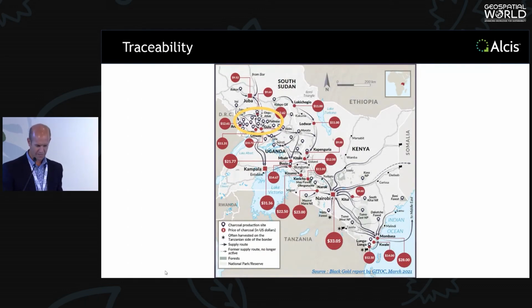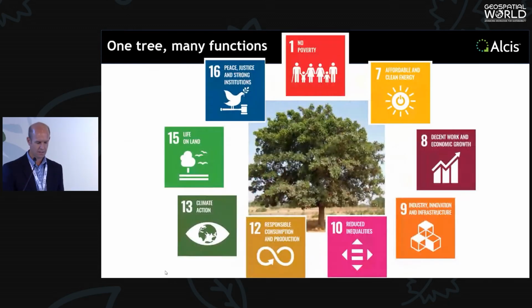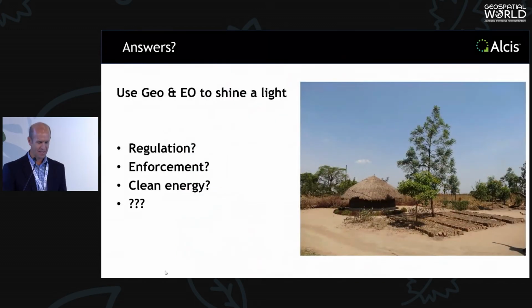Okay, that's a map. It's not one of ours, but I think it's pretty cool. It's just showing the value chain from the production areas up in the north. $10 a sack of charcoal. Get into the cities, it's tripled in value. It's $30. I mean, it's a good business to be in if that's your thing. Yeah, it cuts across many of the SDGs and relates to them.